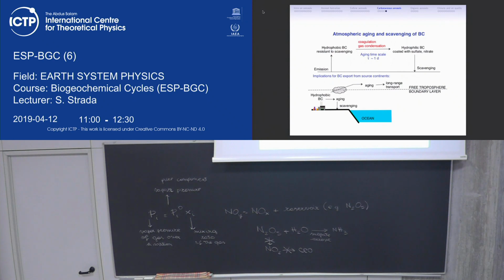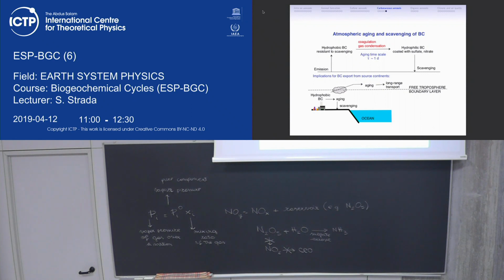And what is interesting about the black carbon, among the carbonaceous aerosol: the black carbon we mentioned is mainly insoluble in water, so it can be scavenged by rain. However, it can be removed from the atmosphere through a process called aging. So what happens is that we have the emission of black carbon that is hydrophobic, and this black carbon can go through an aging process, so it's really getting older. We can imagine this through some processes such as coagulation and gas condensation. So the coagulation, the collision with other existing particles, or the condensation of gas on